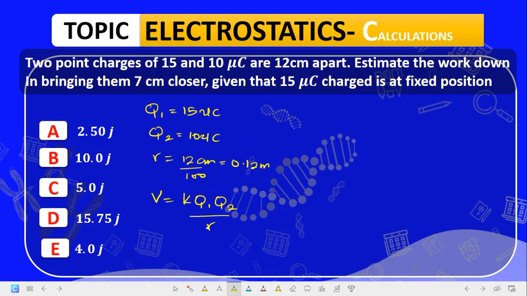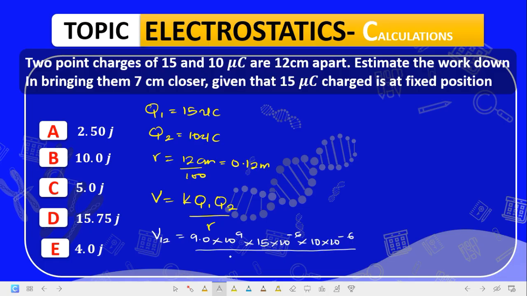The potential of two charges at a distance of separation is given by K Q1 Q2 all over R. So for the 12 centimeter apart, it will be equal to 9.0 times 10 raised to the power of 9 times Q1, 15 microcoulomb, which is 15 times 10 raised to the power of minus 6, times the next one, 10 microcoulomb, 10 times 10 raised to the power of minus 6, all over